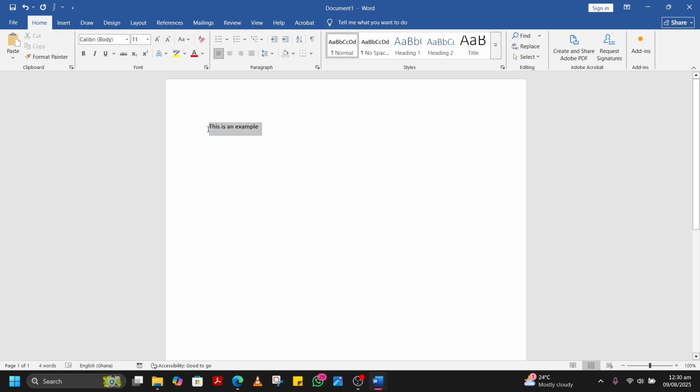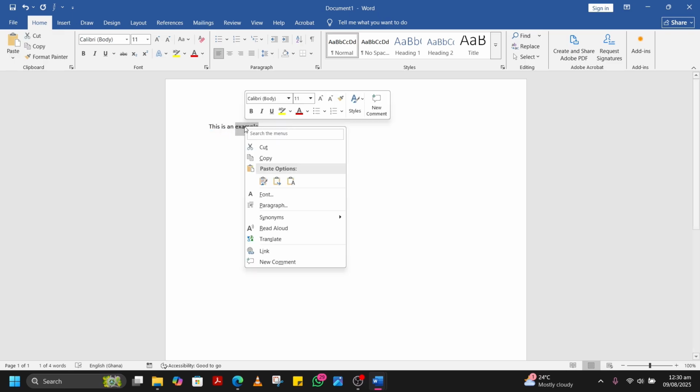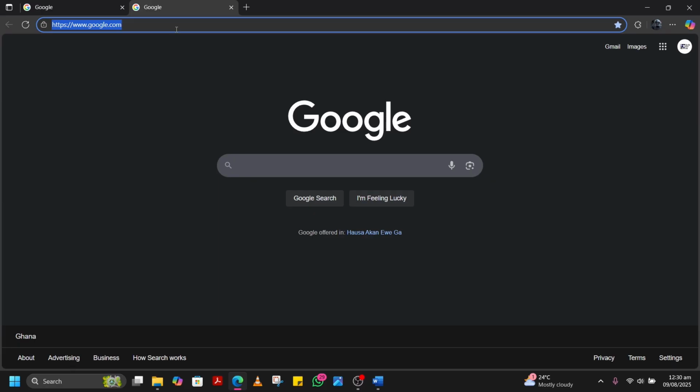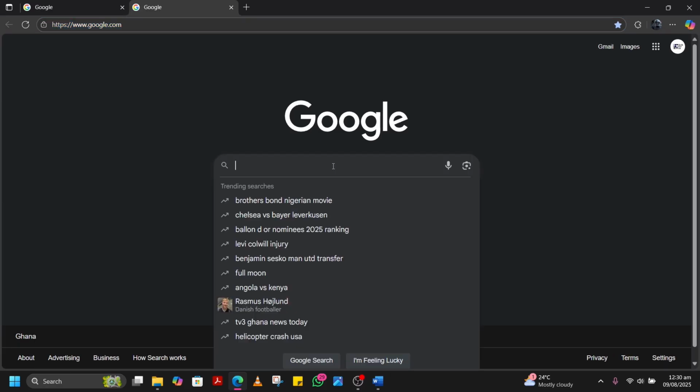I can decide to select the whole text or just one word. Right click and select link. Now make sure this is selected and then we're going to paste the link here. If you have the link in your head, you can type it here. If not, you can go to the site or wherever you have the link and then copy and paste. So you're going to find information on